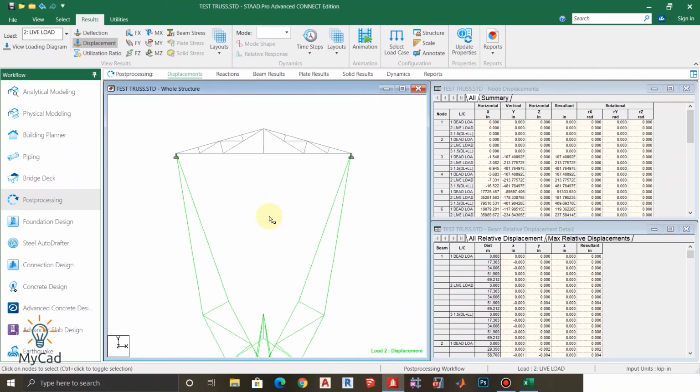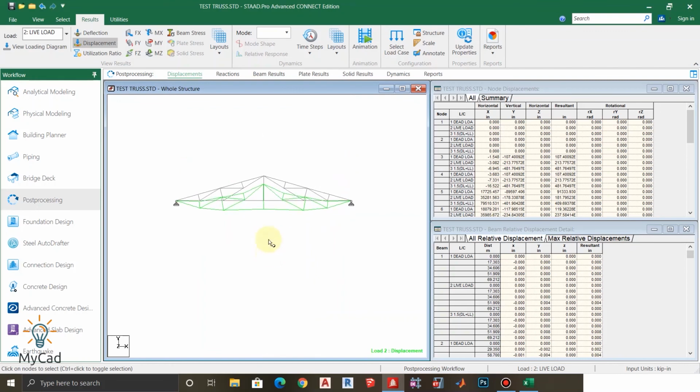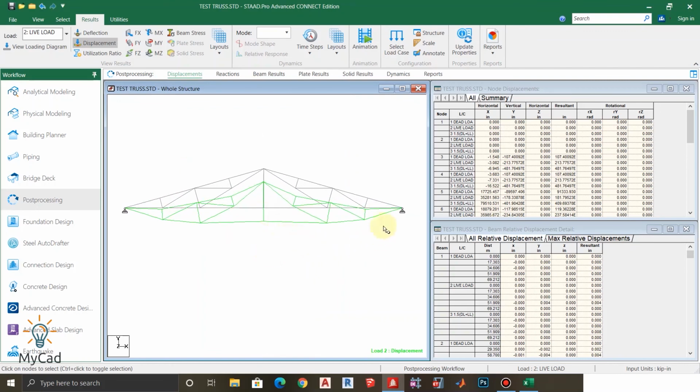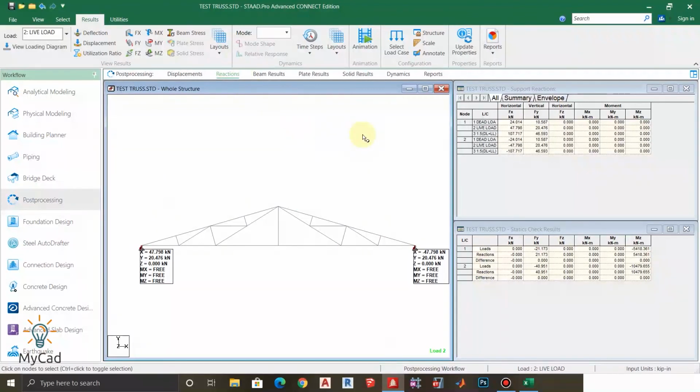If you just scale down this, you can see this will be the deflected shape of our structure. From this post processing window, if you go to reactions, then you can see our reactions, that is the node number 1 and node number 2.